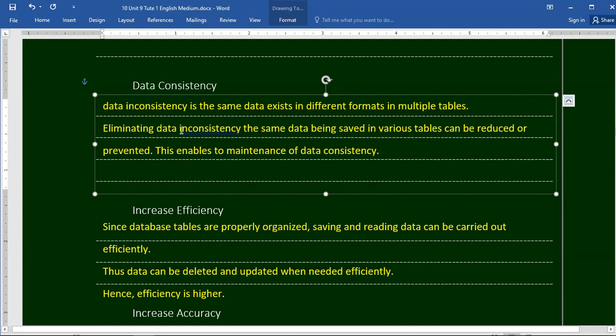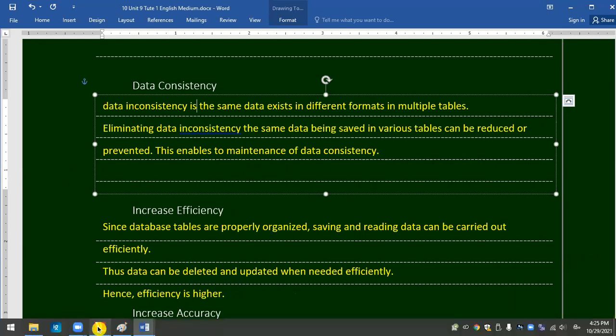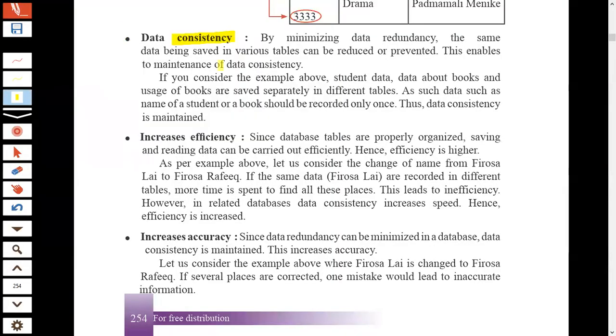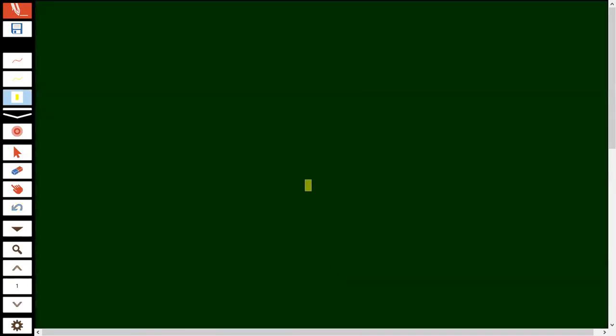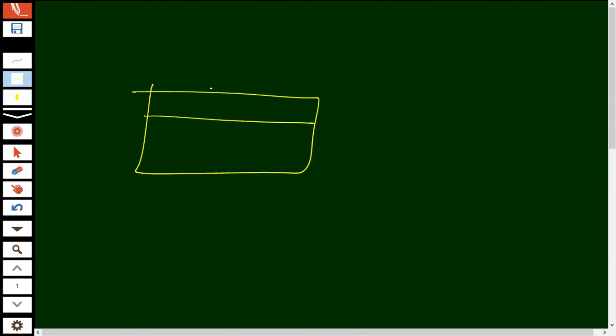For example, if we enter our birthday in some table, let's say in a student information system, we can add some field. If we keep student information in a single table, we can store the date of birth in date format.